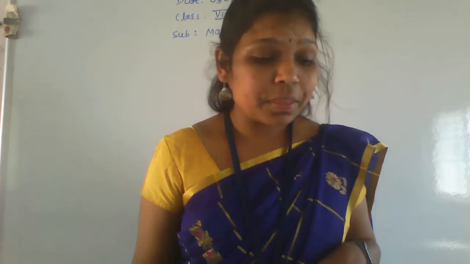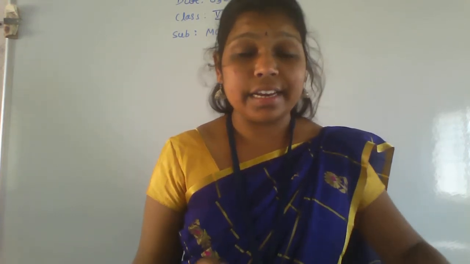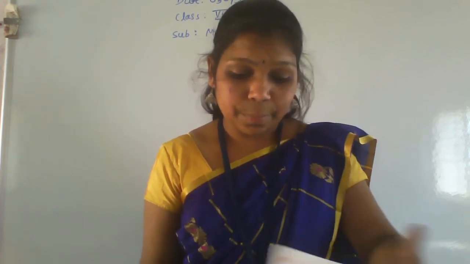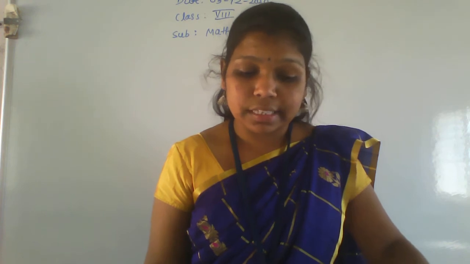So you have to recall everything. In the last class I told you the methods of finding the square of numbers, right? How to find these square numbers using some methods. Those methods are the Coleman method, the diagonal method, and the expansion method. These are the three methods to find the square of a number.